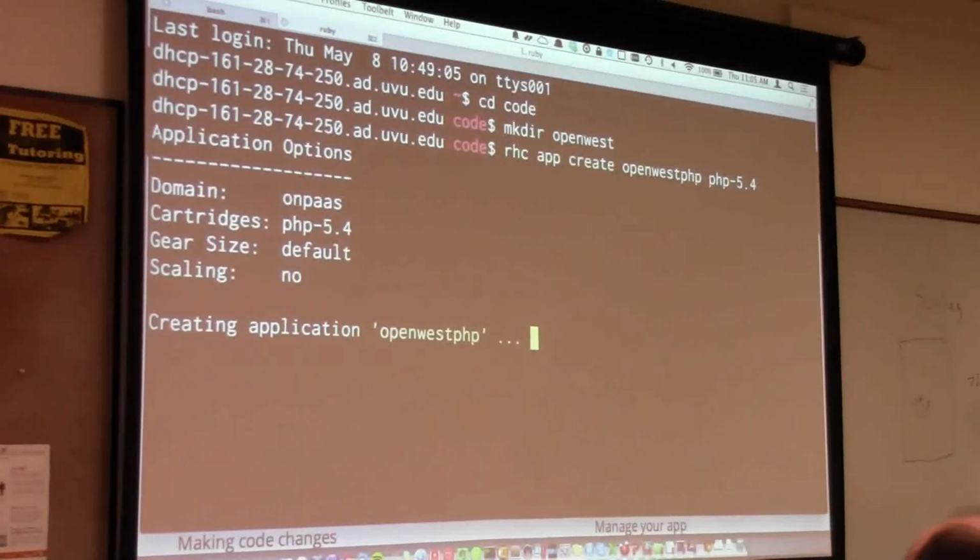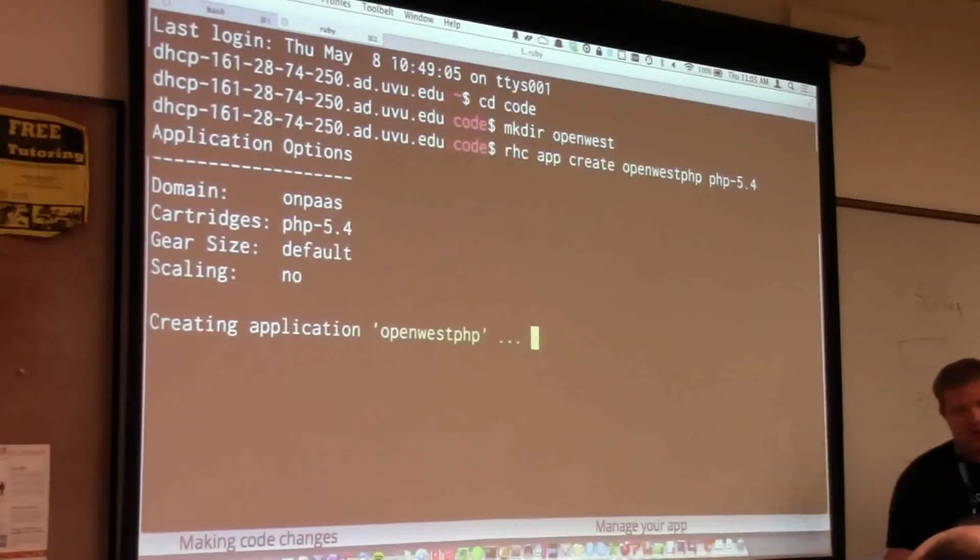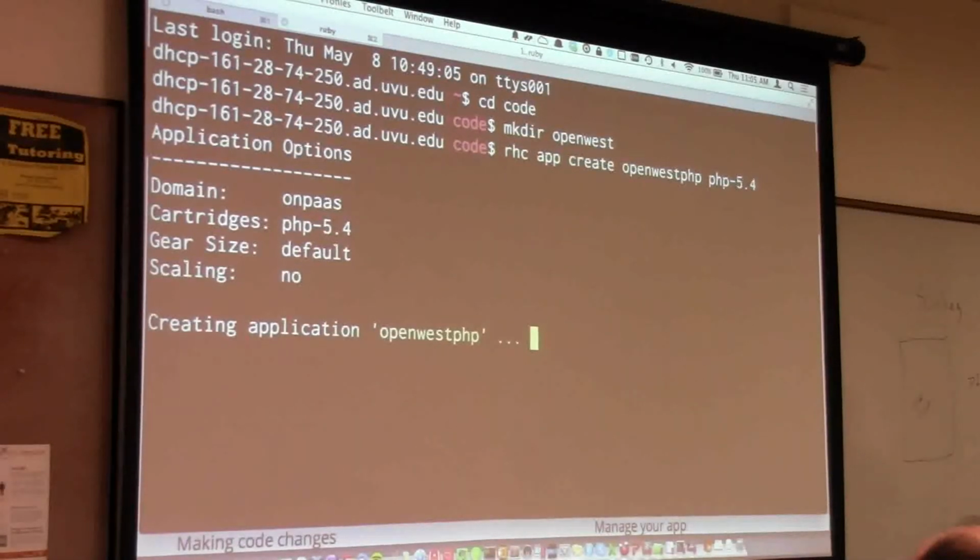So this is going to go ahead and create that application for me. You notice it didn't ask me to authenticate. That's because when you set up the command line tools, it generates SSH keys for you, and all authentication happens via SSH keys, and then it generates a token for you as well. So what's actually happening right now, when I issued that command, is it's talking to Openshift, and it's saying, hey, someone wants to create a new application. Where can we do this? It connects to all of the nodes in the PaaS. One will respond and say, yeah, I have room.